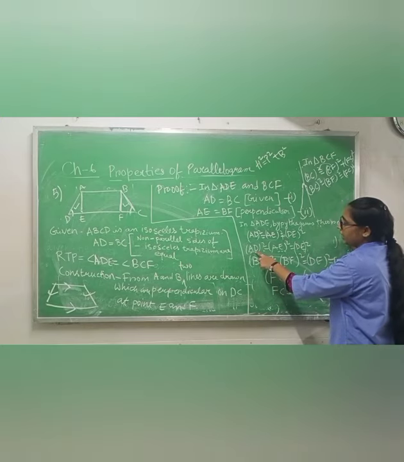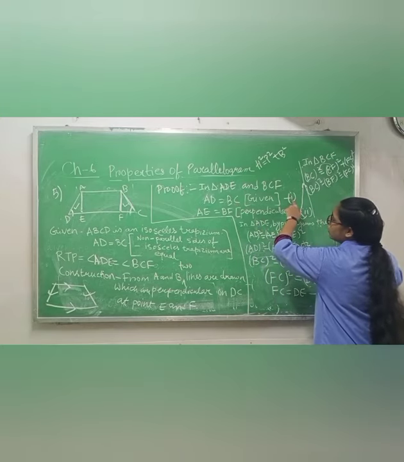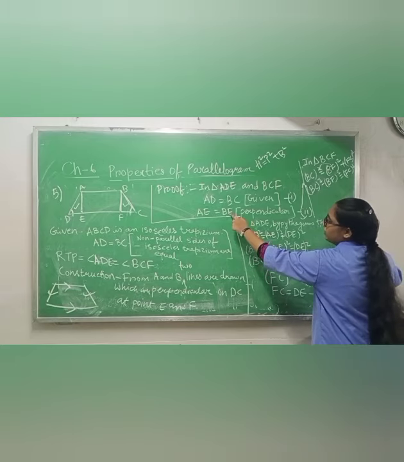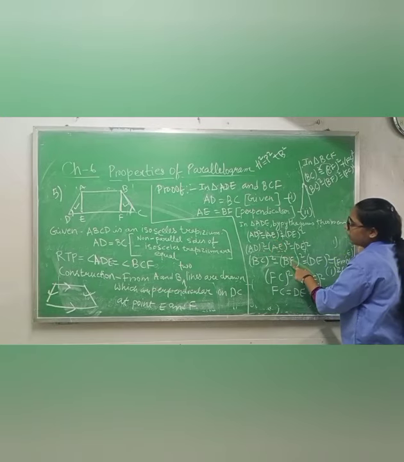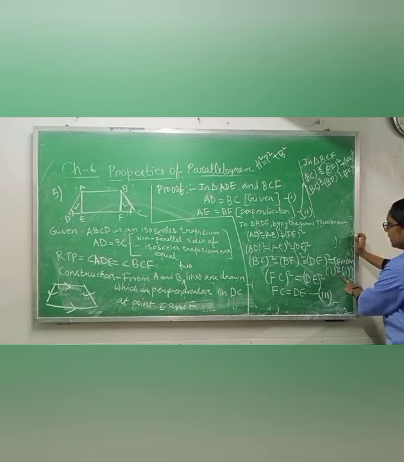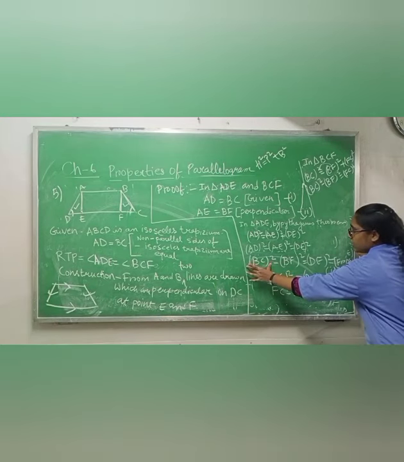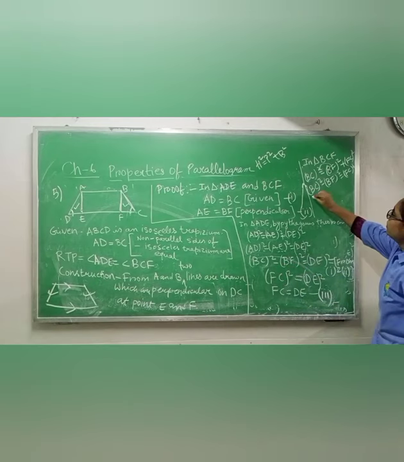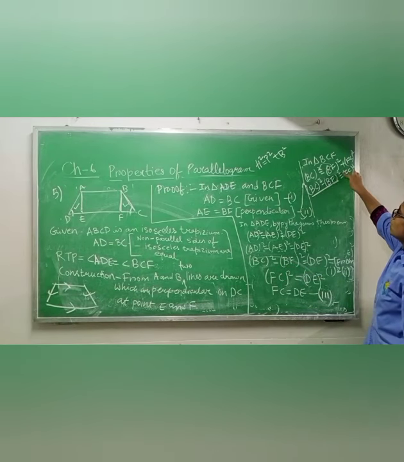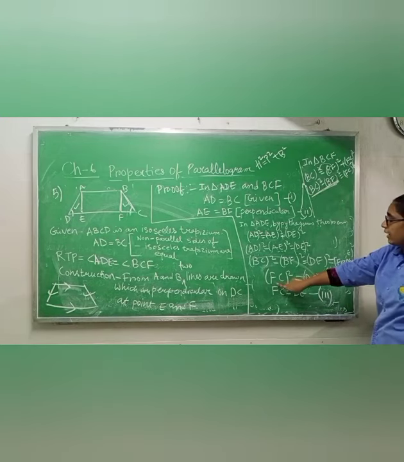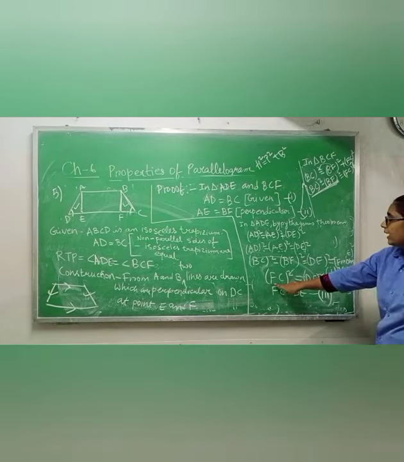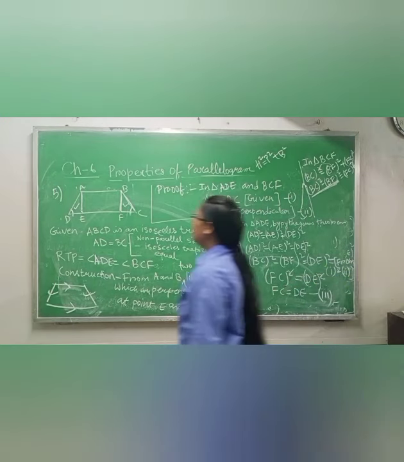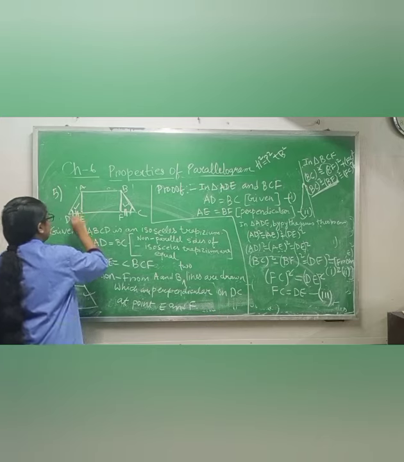Now in place of AD you can write BC from equation 1, and in place of AE you can write BF. I have written the reason, from equations 1 and 2. Now BC whole square minus BF whole square, in place of these you can write FC whole square. That is why I have written FC whole square. Now you can cancel the square from both sides, you will get FC equals DE.